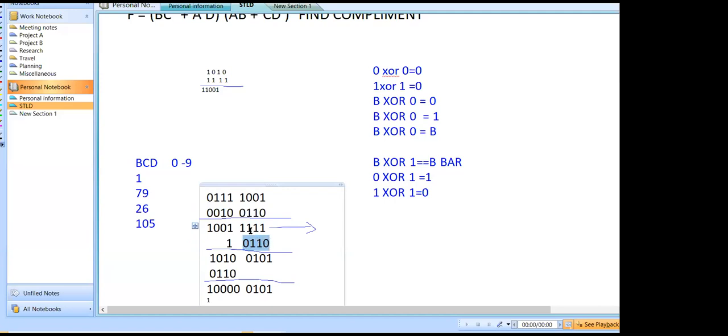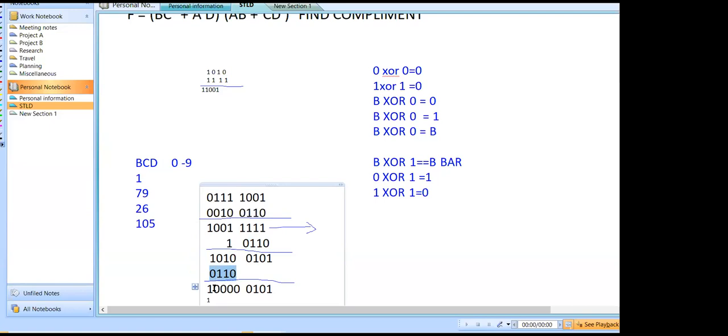అంటే నాకు సమ్ గ్రేటర్ దెన్ 9 వచ్చినప్పుడు కూడా నేను ఏం చేయాలంటే 6 ని యాడ్ చేయాలి. 6 ఎందుకంటే BCD లో మనకి 6 అన్యూజ్డ్ నెంబర్స్ ఉన్నాయి. ఆ 6 ని ఇక్కడ యాడ్ చేసుకుంటున్నాం. Then by performing this addition, again a carry is propagated from lower nibble to the higher nibble. ఇక్కడ మళ్ళీ 1 యాడ్ చేసాను. 1 యాడ్ చేస్తే ఏమైంది, 1010. Here also the sum is greater than 9. Then we have made a correction of 6.